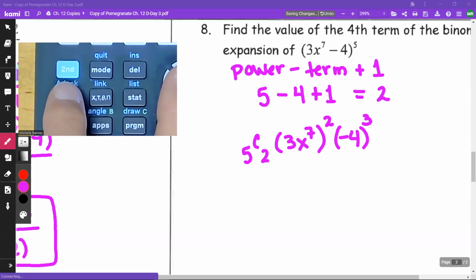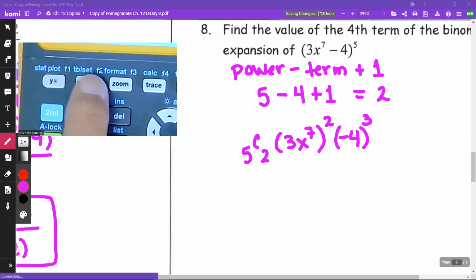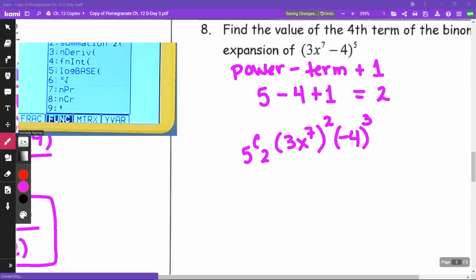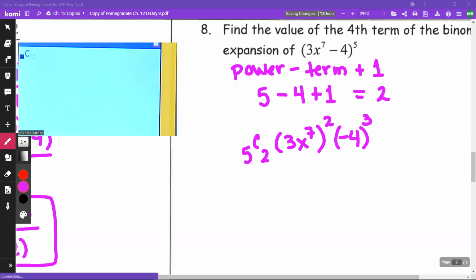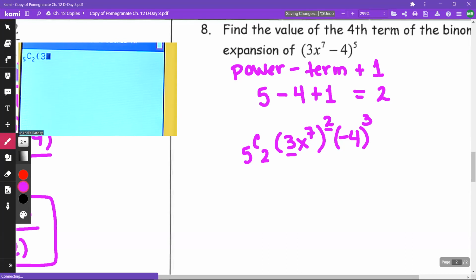On the calculators, the alpha and window is what makes it easy to get to number 8. And I'm going to type in 5 choose 2. And then my 3 here is going to be squared. So I have a 3 squared, which is 9, and then I have this negative 4 to the